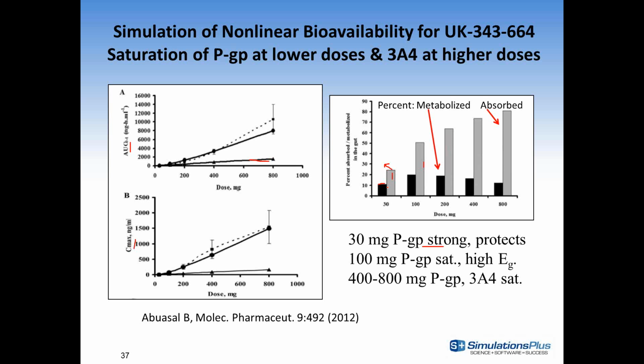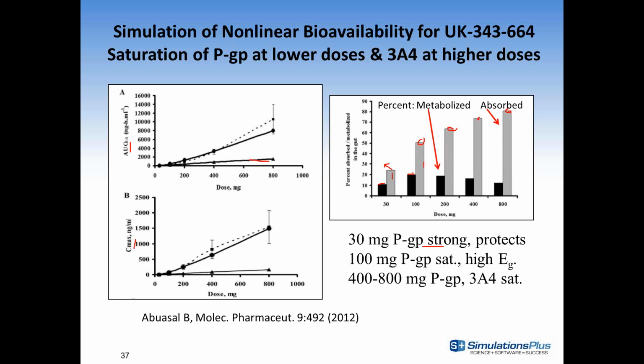So in that case, PGP is protecting the molecule from interaction with 3A4, and Darren Thacker's theories about PGP being protective is observed. As we begin to increase the dose and start to saturate PGP, our fraction absorbed goes up and up and up, and eventually we get to quite a high fraction absorbed when PGP is completely saturated. But at that point, in this model, it turns out that the 3A4 is not yet saturated, and so we're beginning to see a much higher level of metabolism, primarily by the gut, due to the enhanced access of the drug to the